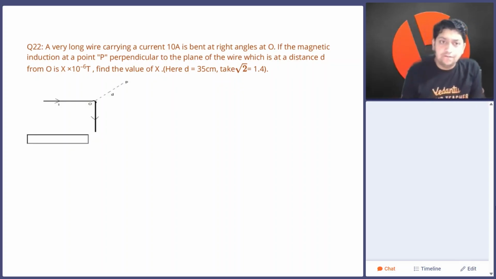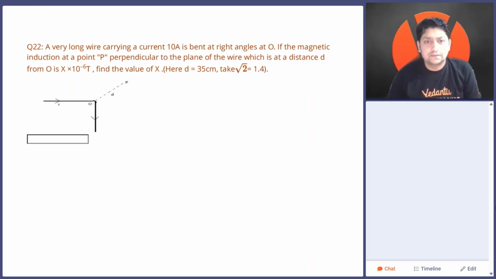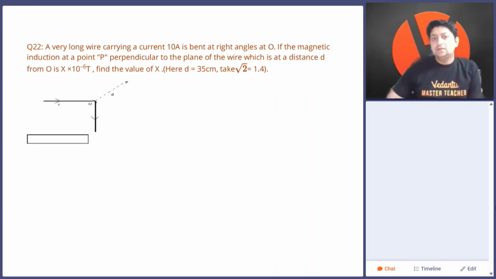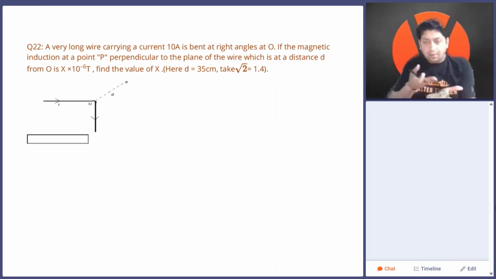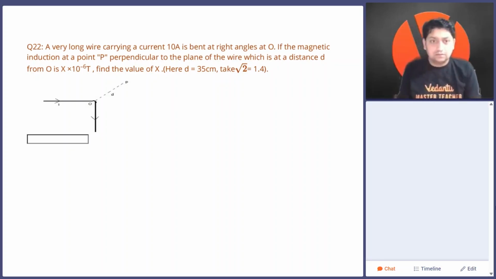This question says a very long wire carrying a current of 10 ampere is bent at right angles at O. If the magnetic induction at point P, perpendicular to the plane of the wire, which is at a distance d from O, is x into 10 raised to the minus 6 Tesla, find the value of x. Okay, now this is important. See, actually the point P is above the paper, right? Or if we draw this on a paper, this wire, this section, then the point will be above the paper, okay, and due to which the